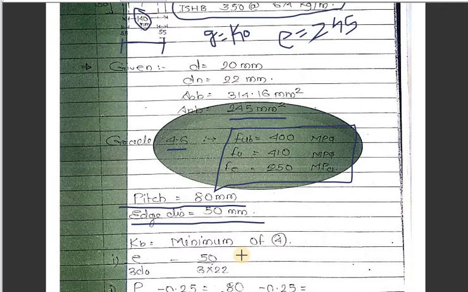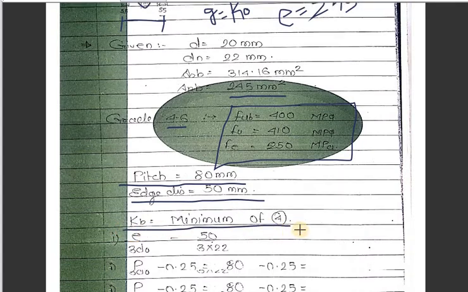Again, first we are calculating kb, which is used for the bearing strength of bolts. We are using the same concept: bearing strength of bolt and shear strength of bolt. First we are finding out kb, which will be used for further calculations. We have to refer to page number 75 of the IS code for the design strength, the bearing strength of bolt. So kb is the minimum of 4 values.